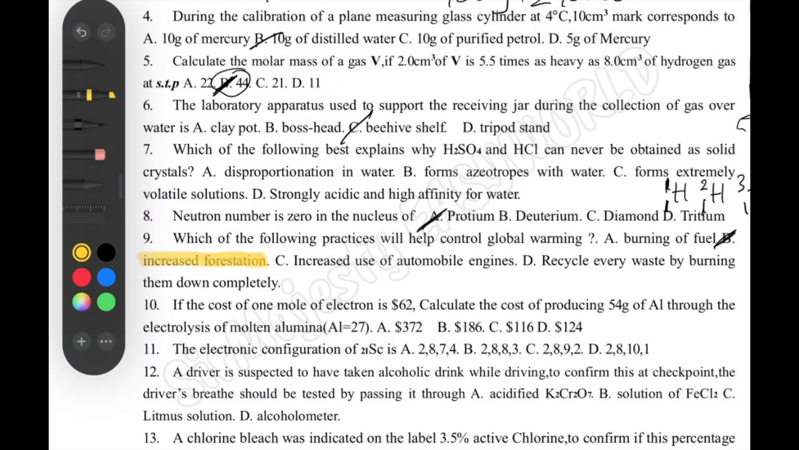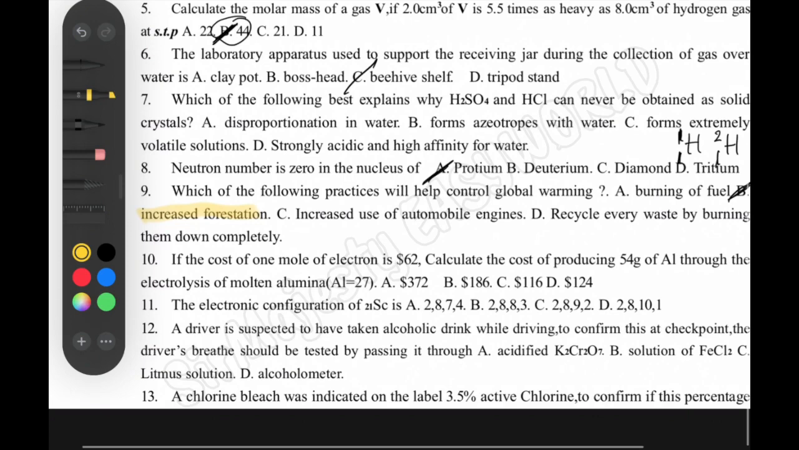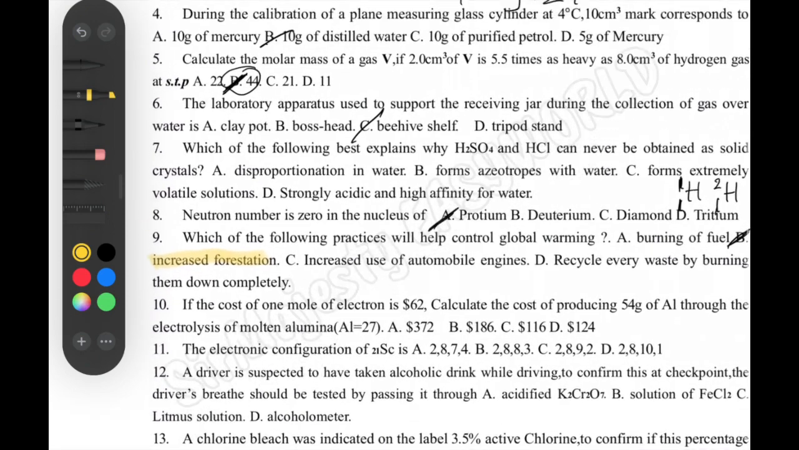So that is why plants can help to refresh the air. You are encouraged to plant more trees to make the air fresh, because the plant will remove the CO2 which we breathe out and purify the air for you. Now, number 10 is a calculation, and it says if the cost of 1 mole of electron is 62,